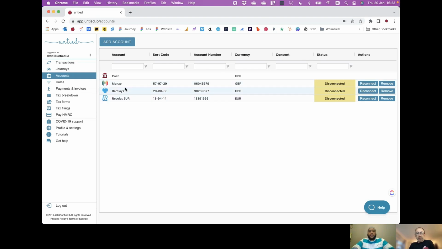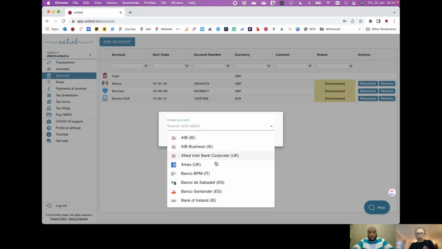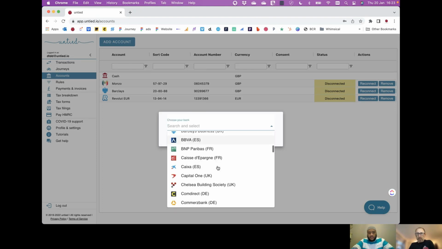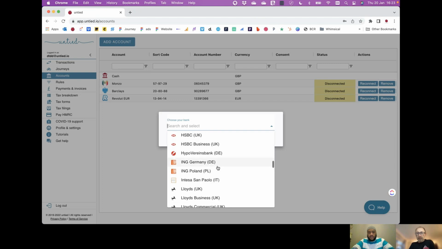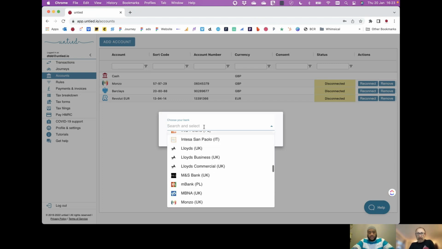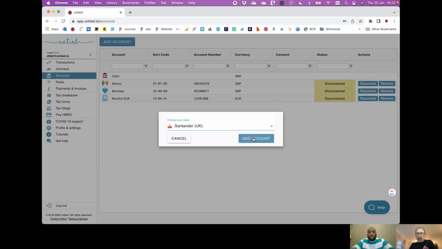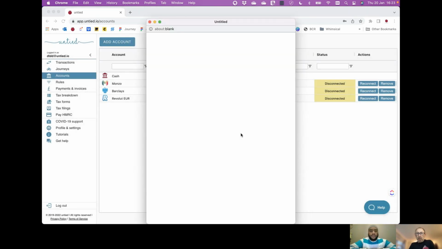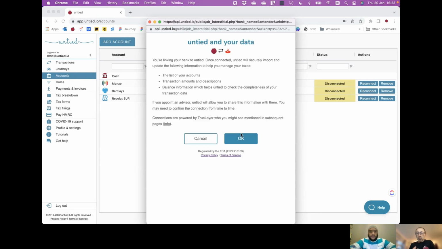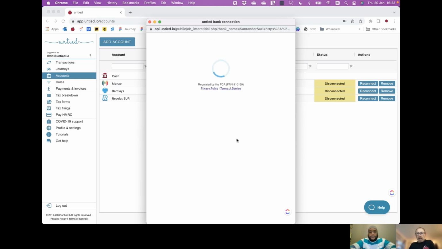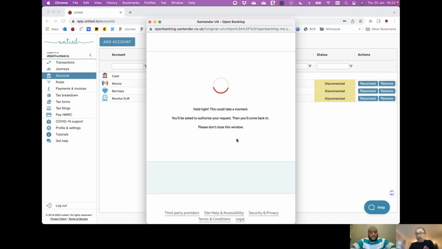Yes. And it's really easy to do this. It's very secure. It uses a technology called open banking. You just click on add account at the top. You select your bank, and we have loads of banks that we're partnering with to bring the transactions in. And once you've selected a bank, let's say it's Santander, you click add account. We'll tell you what transactions and what information we're going to be sharing from Santander. You click OK, and you go through to Santander's banking site where you'll log in,